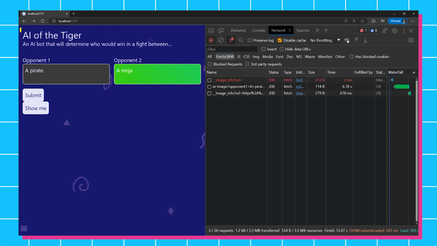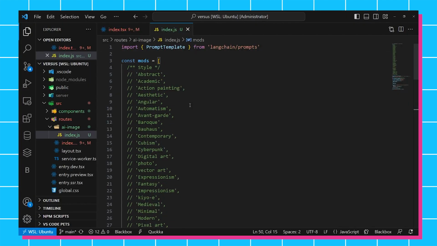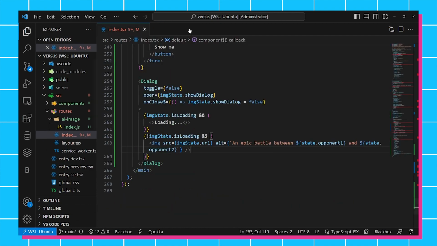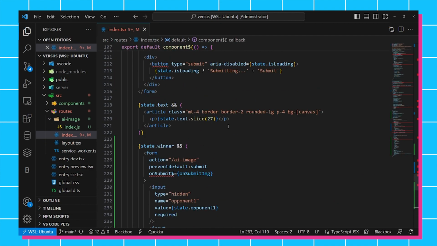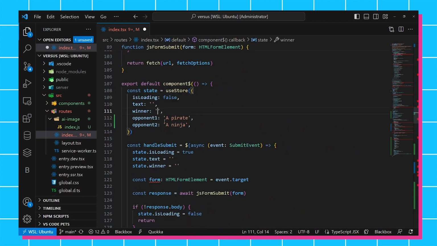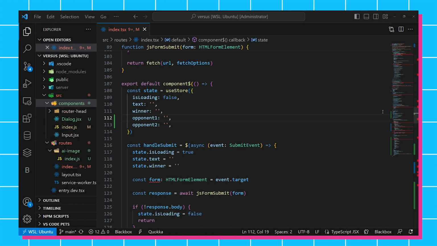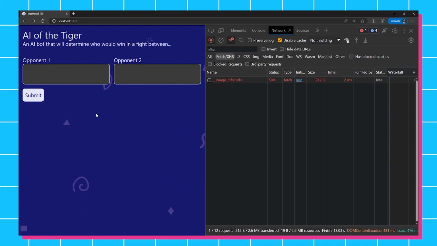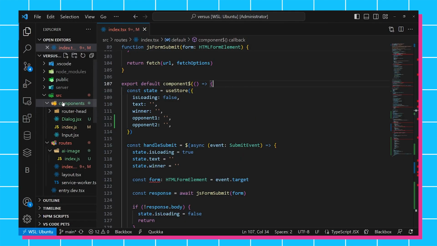So with that set up, I'm going to start moving this video or this section to a more finished state. So I'm going to do a little bit of polish. Let's see. We're going to remove the pre-existing winner as well as opponents. And I think what I'm going to do is add another component that's going to be a little bit helpful for us, because I don't love that when we hit that image generation thing, we saw the text loading. I think I'd like to have a little bit of a loading spinner. So I'm going to do that with an SVG, and I'm going to create a component for this. So let's go here and call it